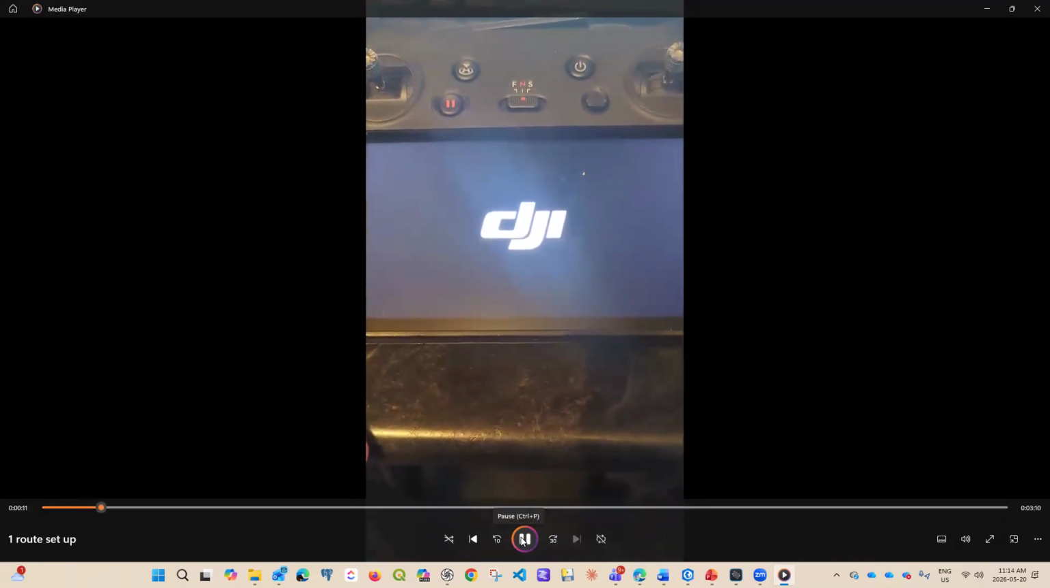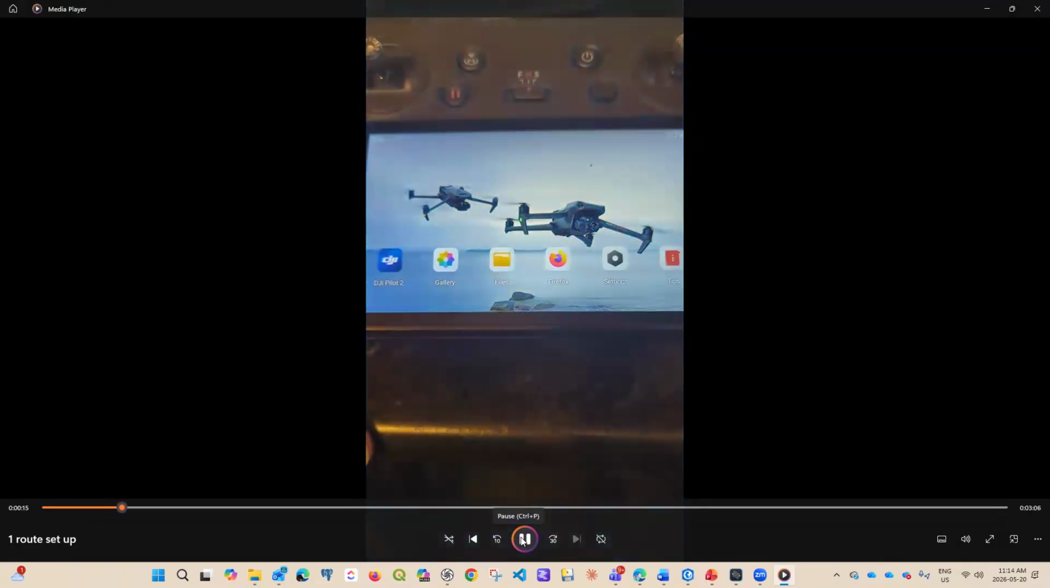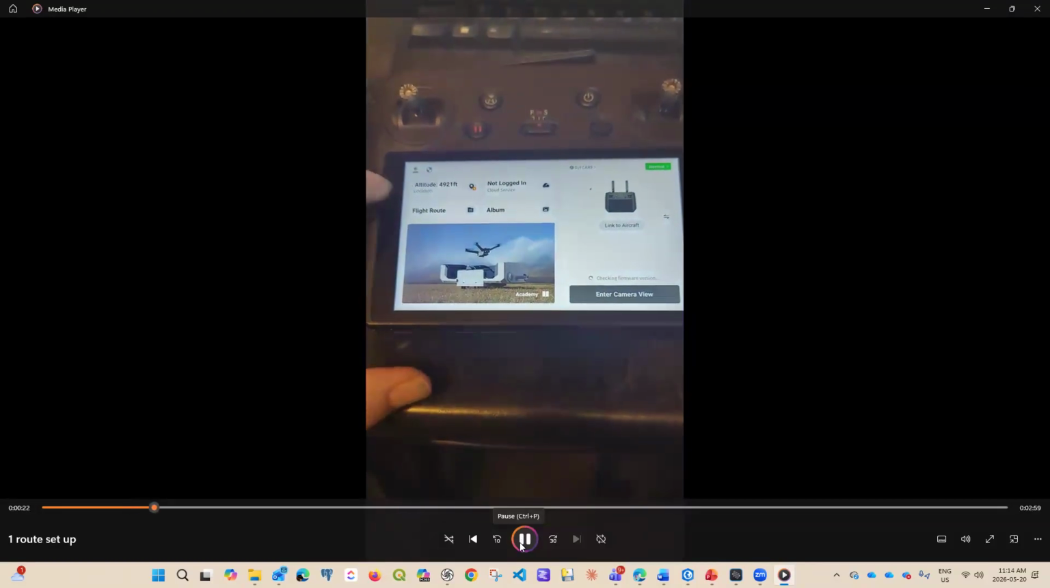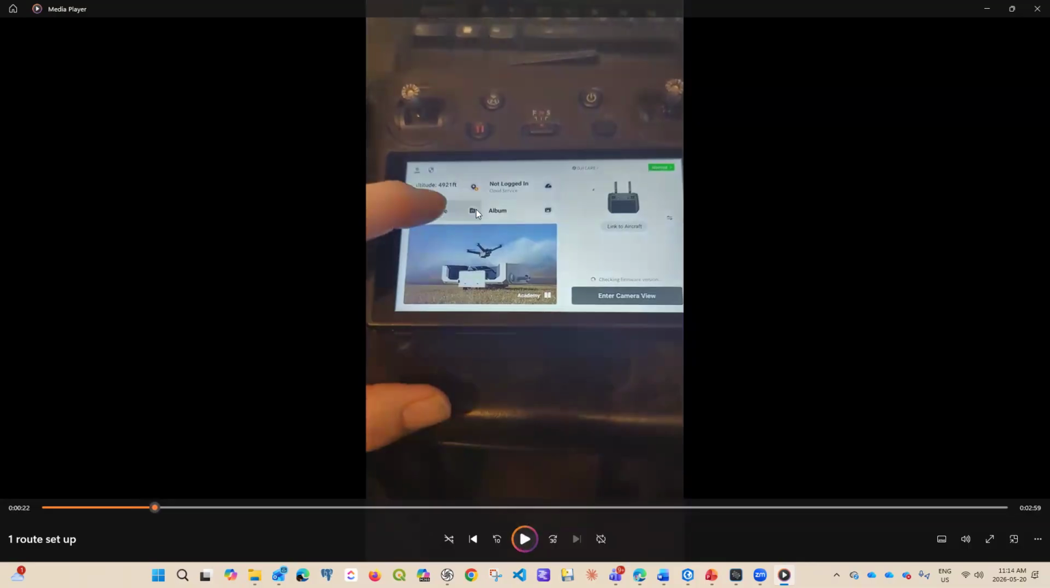Essentially, it's Android with the DJI controller software sitting on top of it. So there's probably lots of other things you could actually do to this. It'll automatically load the DJI Assistant flight controller. So on here, I've hit flight routes